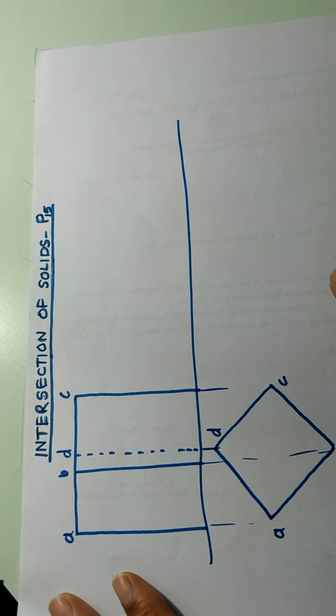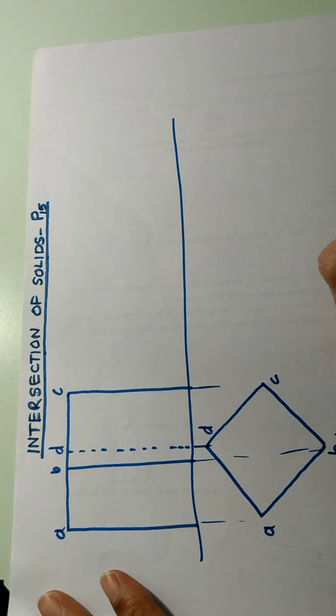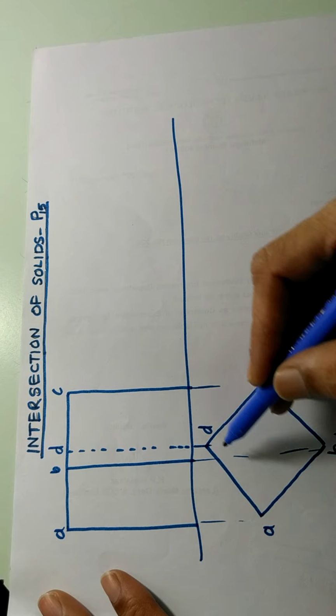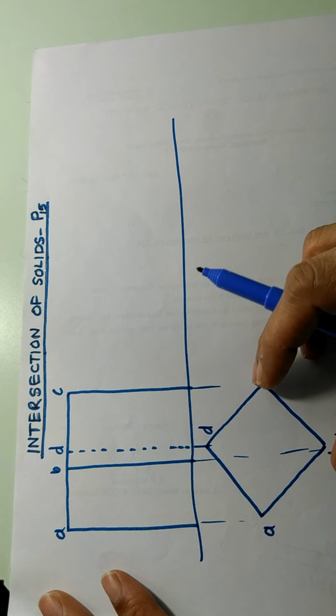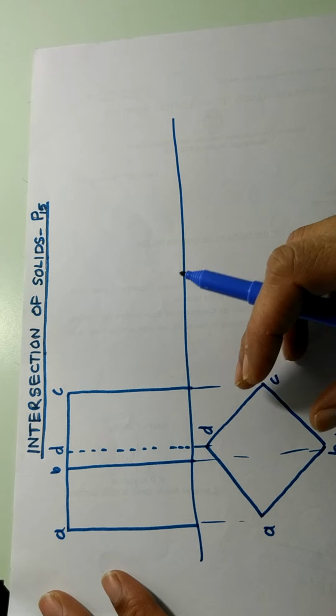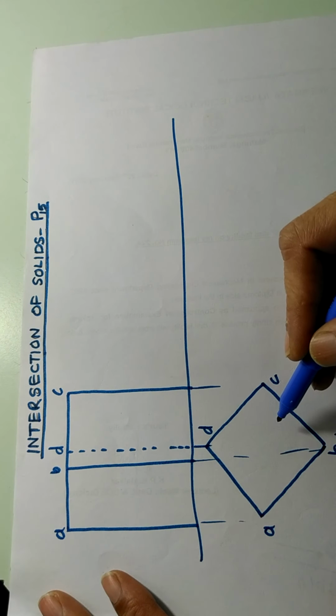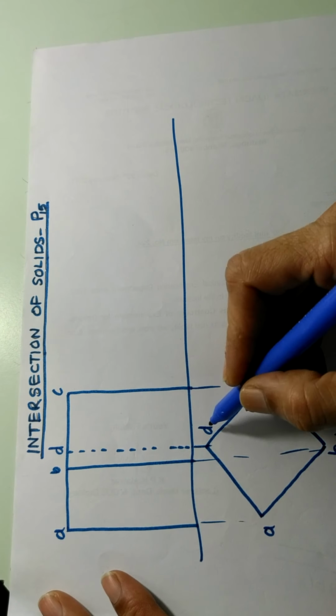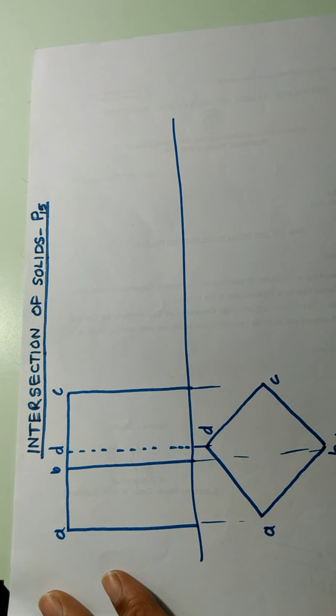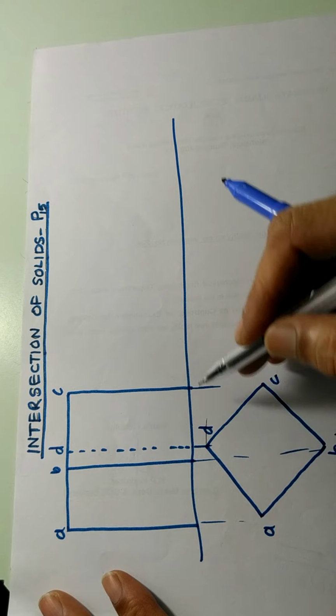Because when you see in this direction, then B is seen, C is on the right side, A is on the left side, and D is behind, so it is dotted. So we have drawn this prism in this position, and then we have drawn its front view and its top view. Now we try to draw the side view, for which we project it like this.